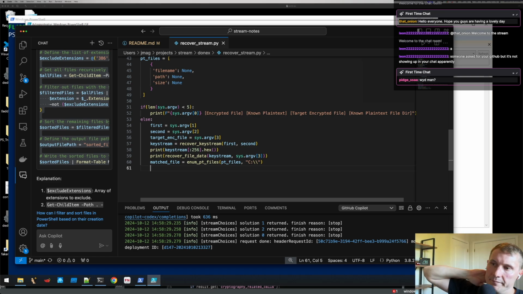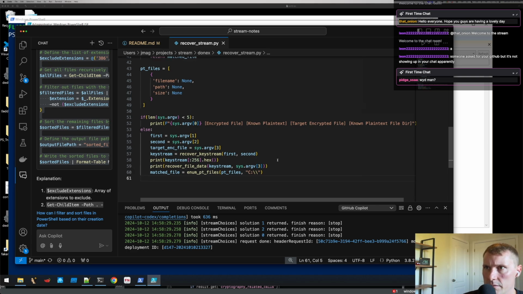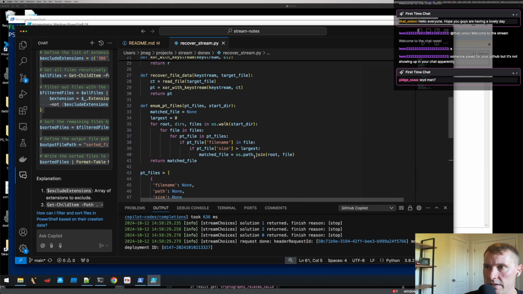And in addition to the matched file here, we need our encrypted file. Our matched file would be our encrypted file here. This needs to be